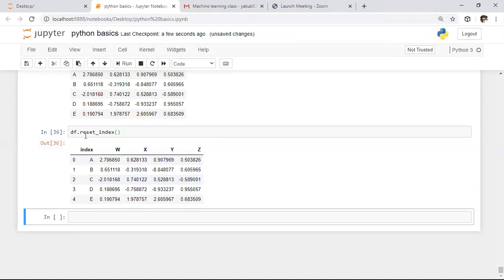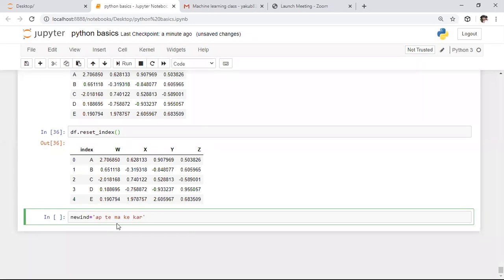If you want to keep the default indexes, if you want to reset the indexes, we need to use the reset index function. If you want to give new indexes, let us assume I want to give some country names or some state names as new indexes. For that purpose, I am creating one list. Here I'm saying new index equals to. For this variable, I want to define a few state names. First one is AP, second Telangana, next Maharashtra, after that Kerala, and we need to specify one more name, that is Karnataka. So here I specified five state names.